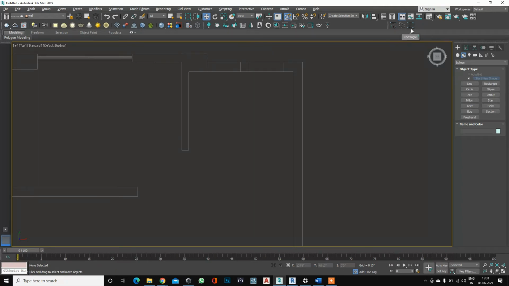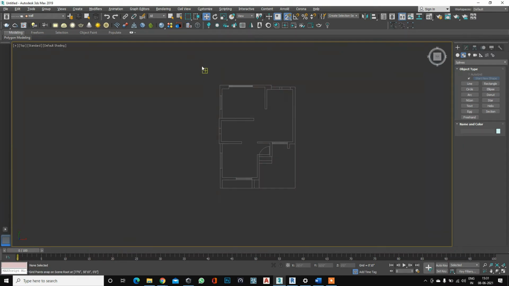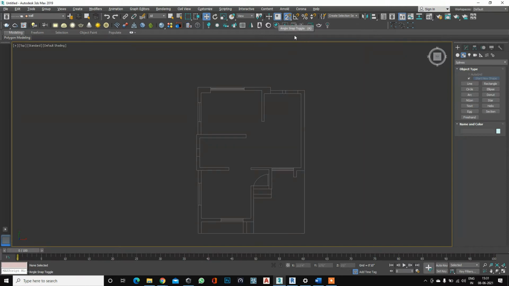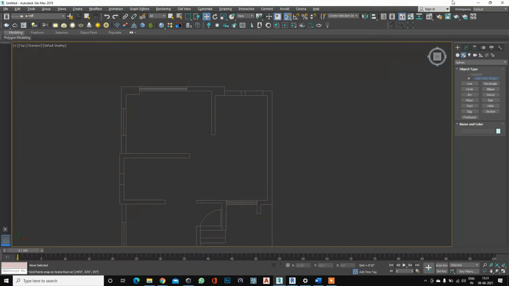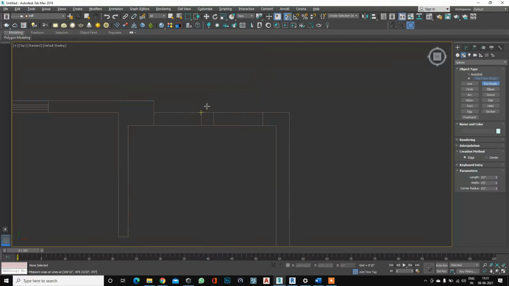Here I'm drawing with the tool. Now I already told you, if I want to work in a base, my snapping toggle is 2.5. This is the angular snapping. This is not needed right now. When it's needed I will tell you. So just see that I start the drawing. It will take around 5 to 10 minutes to complete the drawing.